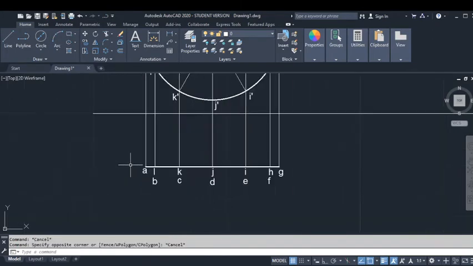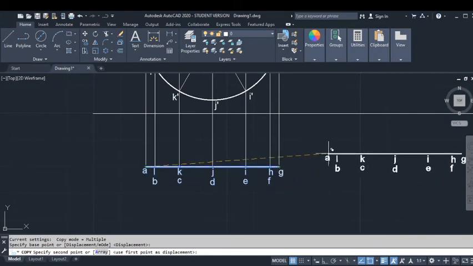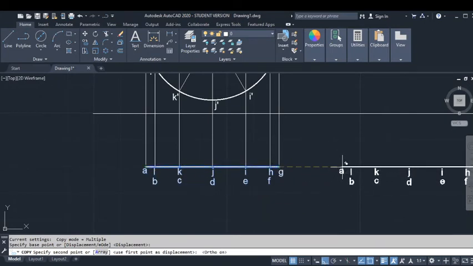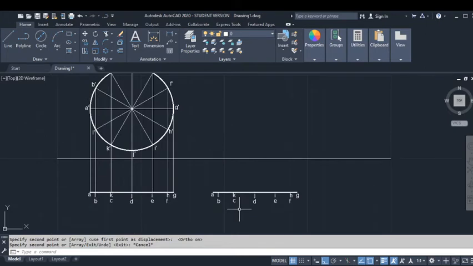So instead I'm going to select it in this manner. So I'm going to use the copy command. When copying it, I'm going to select this part of the line and place it parallel. Again, to get rid of any wrong pasting, I'm going to turn on the ortho mode. Now I've got this object pasted at a different location.